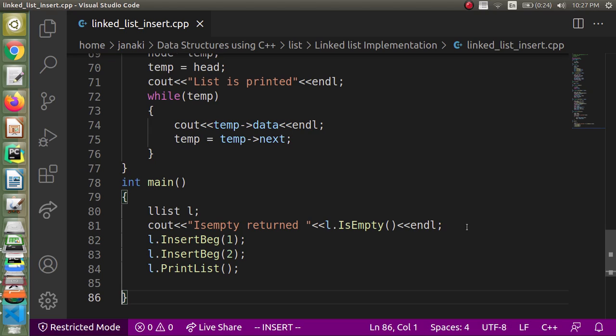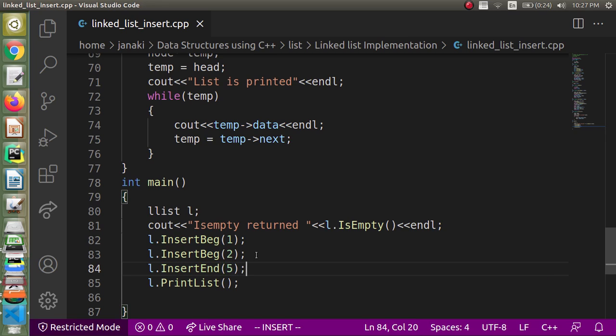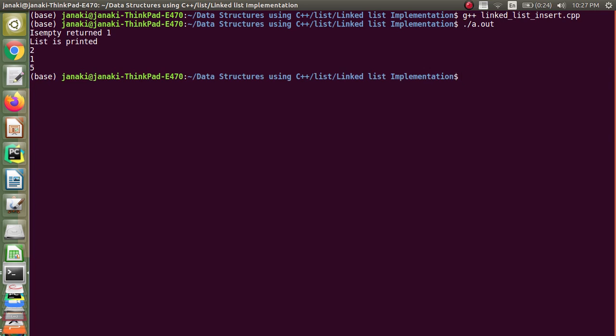This main is already written previously, which has got two insertBeginning operations. Now we are going to add an insertEnd operation also. Let us insert 5. Okay, fine, let us try executing this code. Compilation was done, now execution is done.